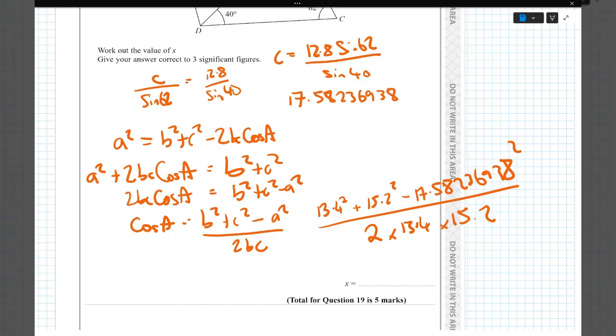13.4 squared plus 15.2 squared, take away answer squared, because I've kept that long number in my calculator. I've just hit equals, and now I'm going to divide by and put all of the other bits in a bracket, so it's definitely multiplied first. Don't want any calculator problems. And my answer is